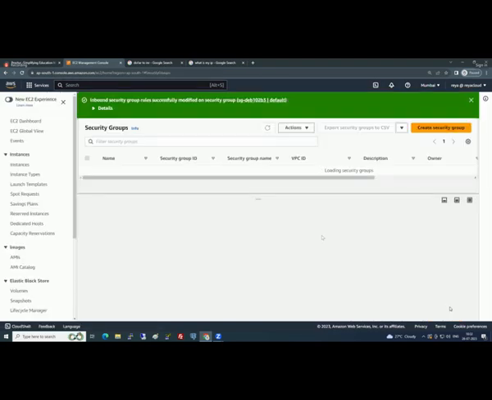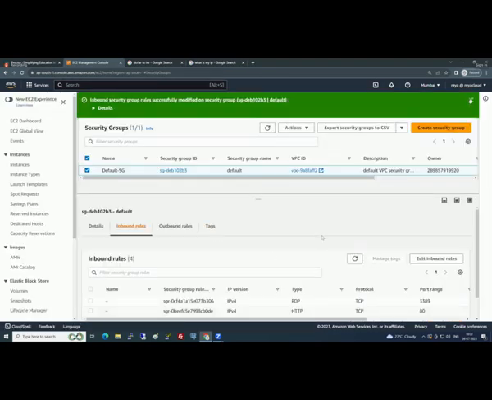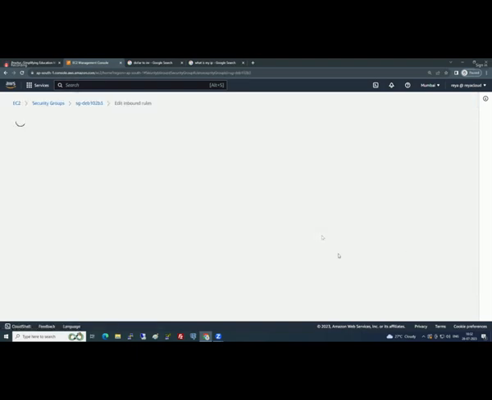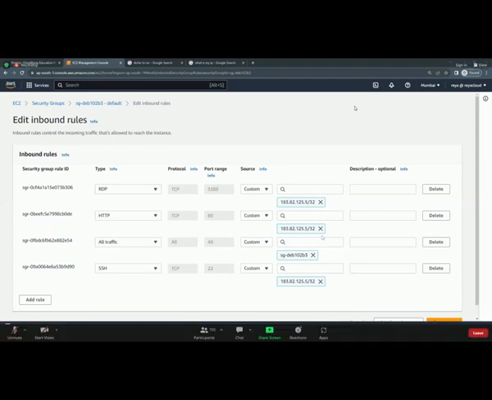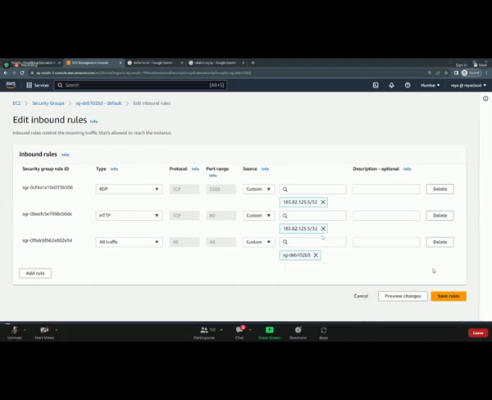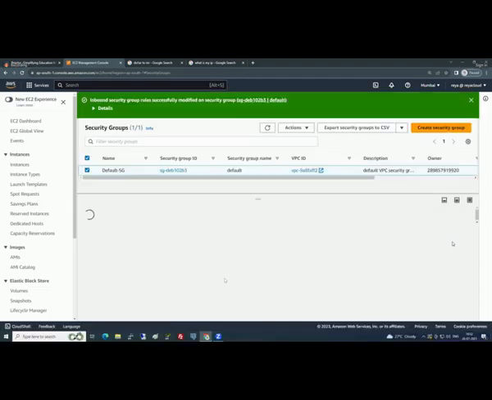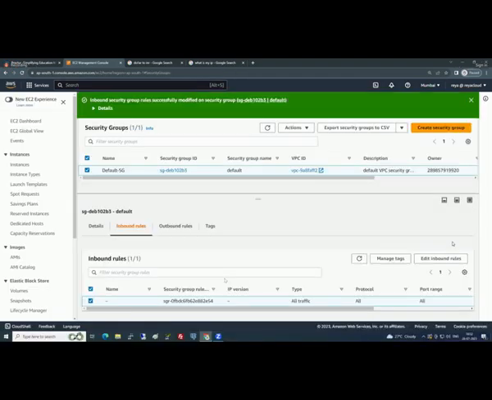Do you all understand? How to deny it now? I need to deny SSH. How do we do it? Delete the rule. Which one? Not the last one. Click on delete. Deleting is nothing but denying it. Is it possible to deny specifically here? No, that is what we have learned. Okay. Click on save. So I can remove all these things and keep it saved. You all understood how to add a rule and remove a rule?